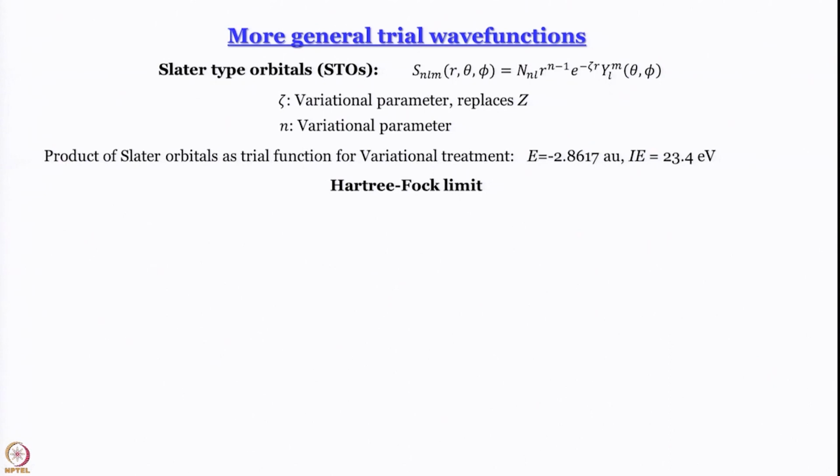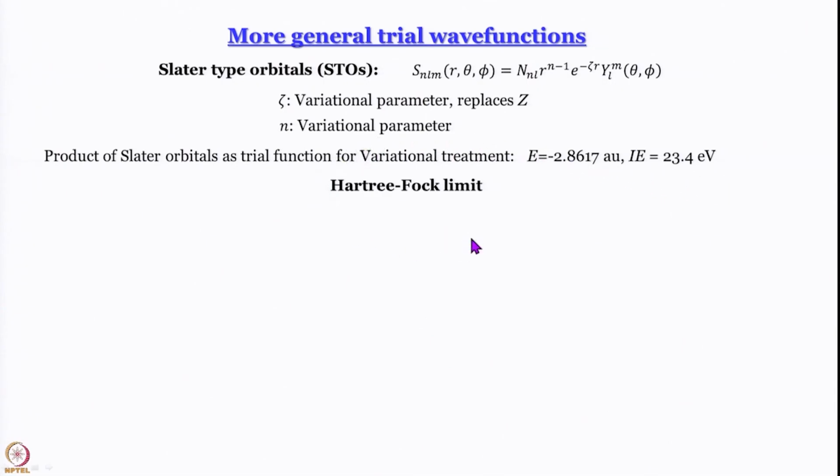When we talk about hydrogen atoms, n can only take up integral values. Not so when you use these as starting points, as trial functions. You want to play around with n as well, because you do not really care too much about whether they are integral or not. So, you are going to get values of n something like 0.9, 0.8, whatever. Now, when we use this product of Slater orbitals as trial wave function for variational treatment, we get a value of E of minus 2.8617 atomic units and ionization energy of 23.4 electron volt,